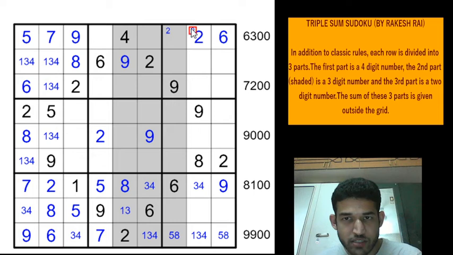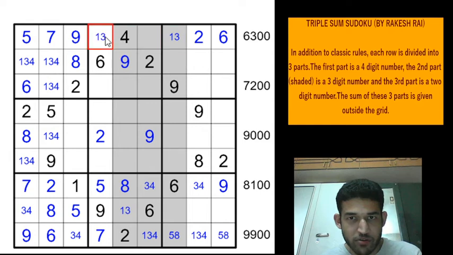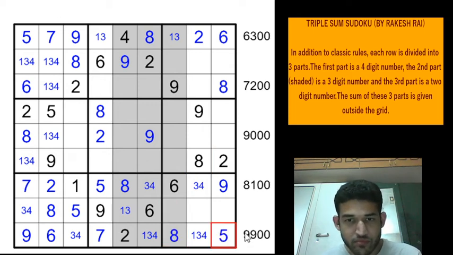We'll remove the corner pencil marks now, and now we can easily deduce that these three cells should be 1, 3, right? They need to add up to 10, and that gives an 8 here in this cell. And using classic rules, we can get the 8 here. And similarly, 8 in row 1 column 6, row 2 column 3 gives an 8 here because of this 8. And there are 8s here in row 7 and row 8, and columns 8 and column 9, which gets an 8 here. And that gives a 5 here. So we have extracted whatever information could be extracted from this clue.